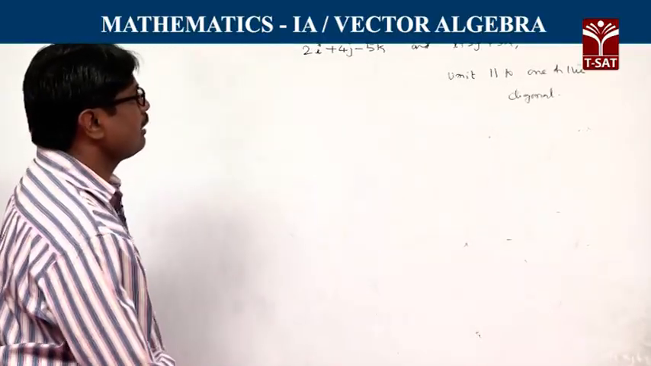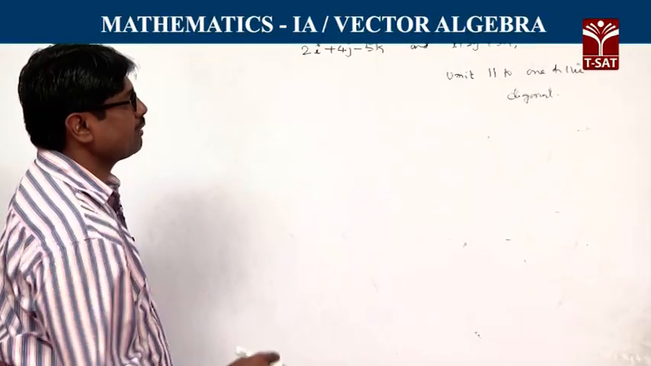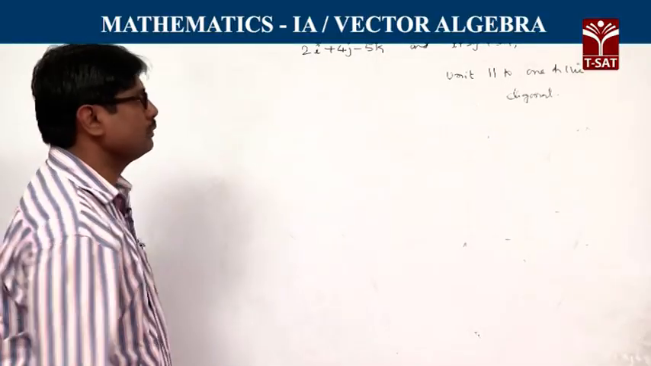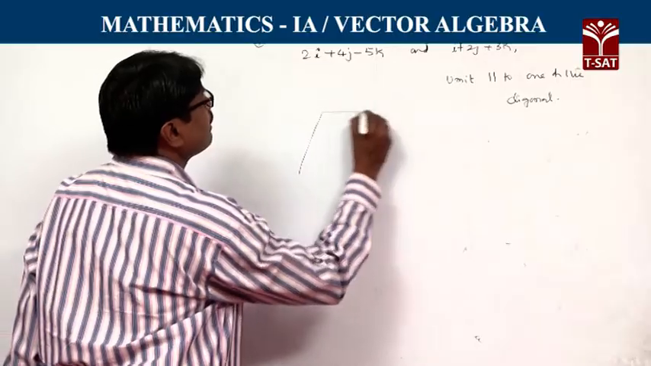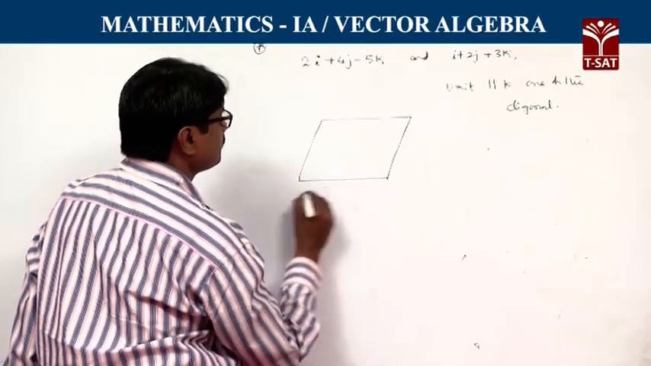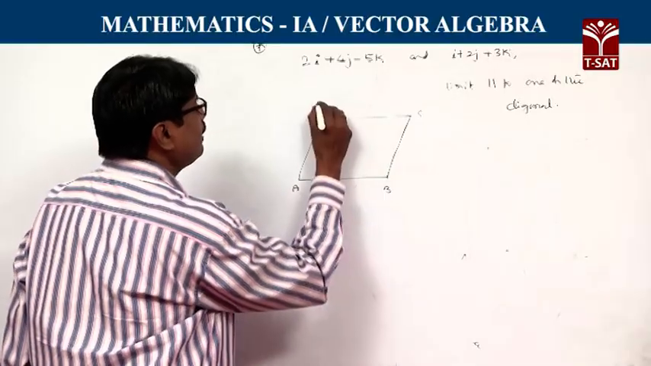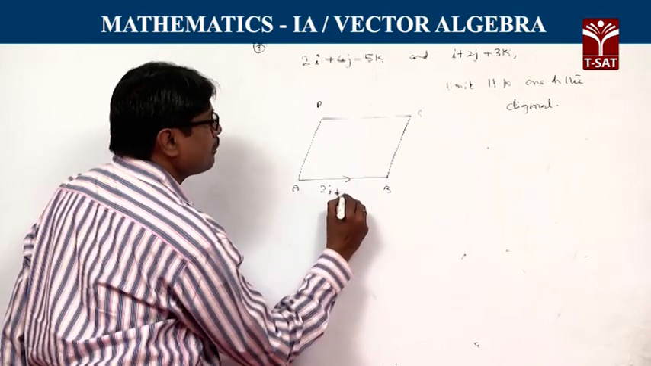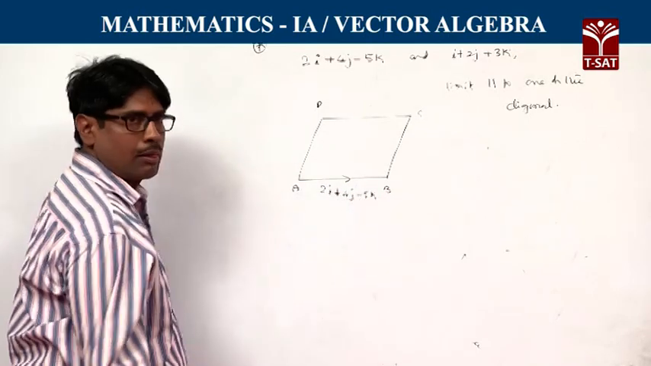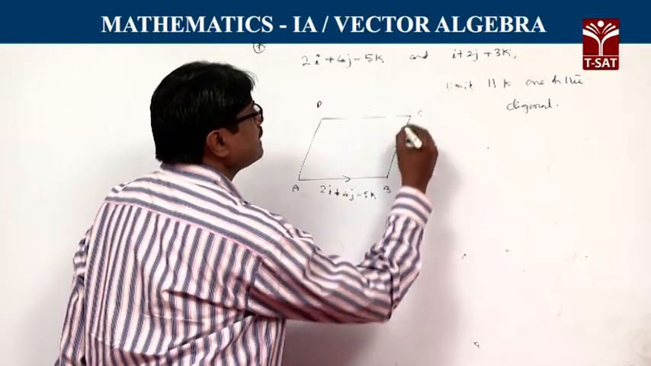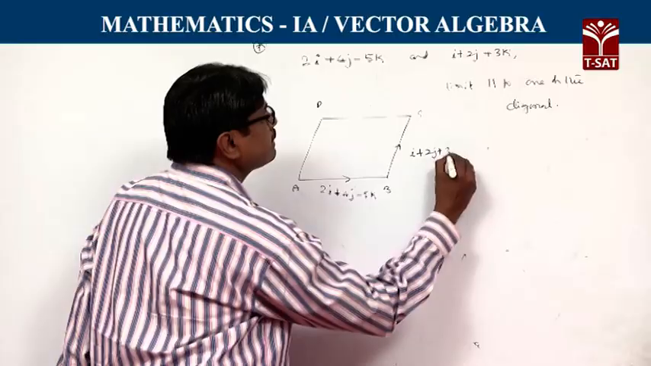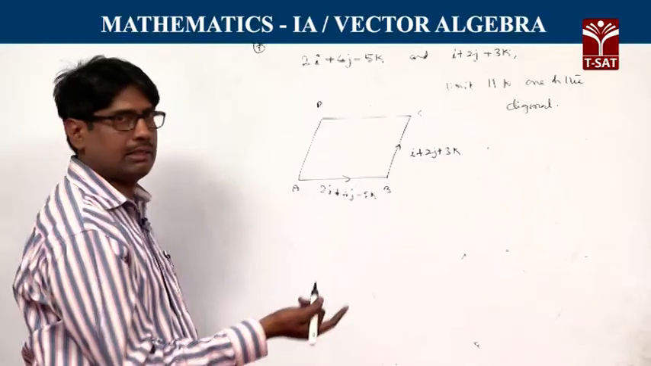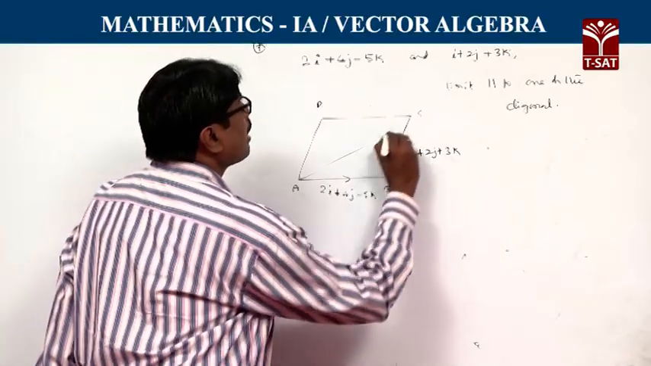Now here, given that 2i bar plus 4j bar minus 5k bar and i bar plus 2j bar plus 3k bar are the sides of the parallelogram, you draw one parallelogram ABCD and take its sides. AB bar is equal to 2i bar plus 4j bar minus 5k bar, and the second adjacent side BC bar is i bar plus 2j bar plus 3k bar. In order to find the unit vector of the diagonal, first find the diagonal vector. So the diagonal vector AC bar